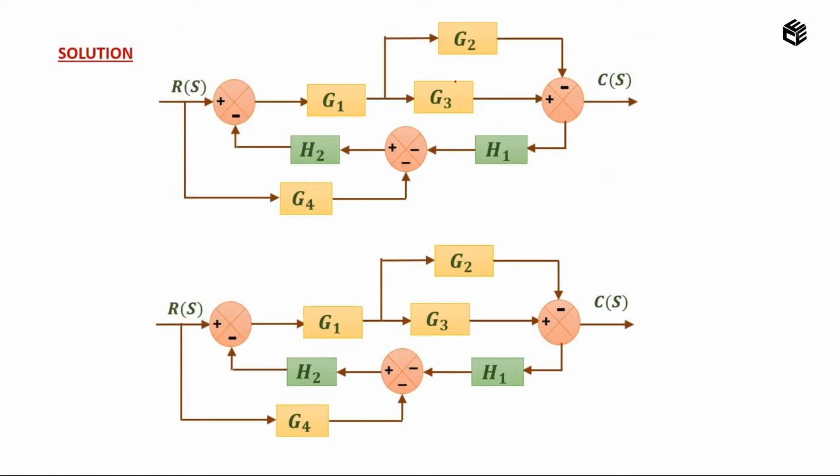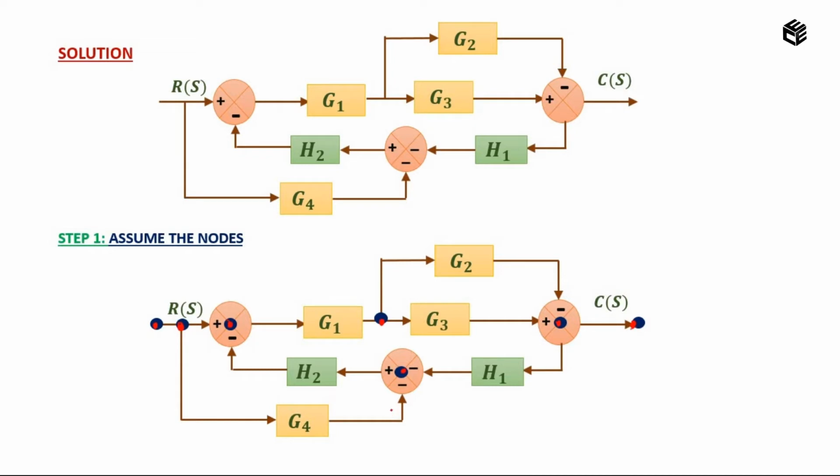So this is the question given. I am going to redraw the block diagram into a signal flow graph. So what is the step? The branch points. Here we have a branch point and here we have a branch point, correct? The branch points, the input node, output node and the summing points. This is a summing point, this is a summing point and this is a summing point. All these we are going to replace as nodes. Okay, so we have replaced.